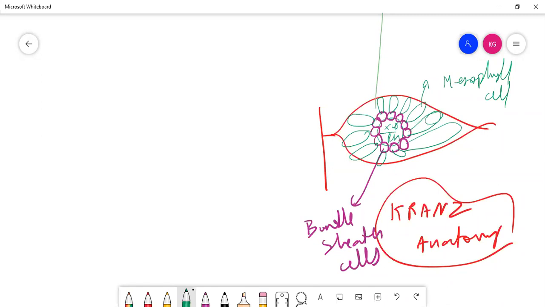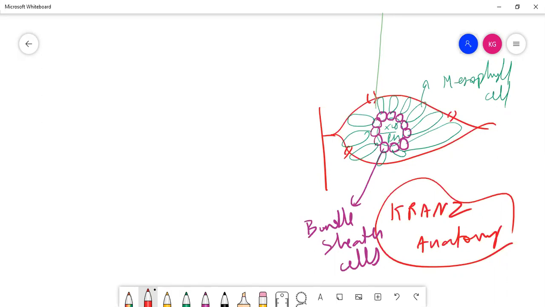So each bundle sheath cell is in direct touch with the mesophyll cell, ठीक है. And we know ये हमारा stomata है, ये देखो ये stomata है यहाँ पे, this is the stomata. That means which cells are in touch with the atmosphere? Mesophyll cells. Mesophyll cells are close to the atmosphere and bundle sheath cells are away from the atmosphere. ये देखो, जो bundle sheath cells हैं, they are away from the atmosphere. Mesophyll cells are near the atmosphere,